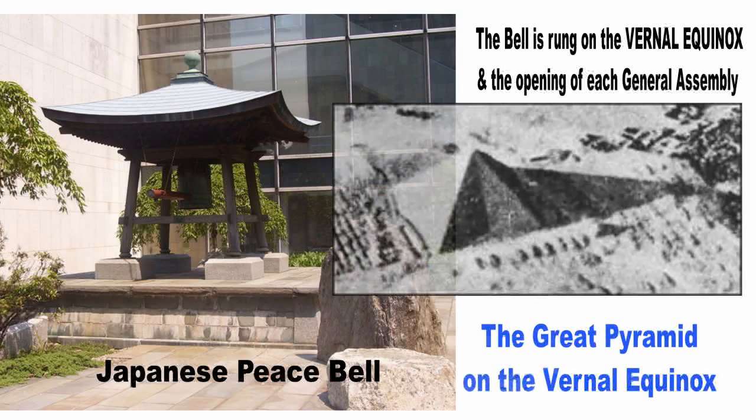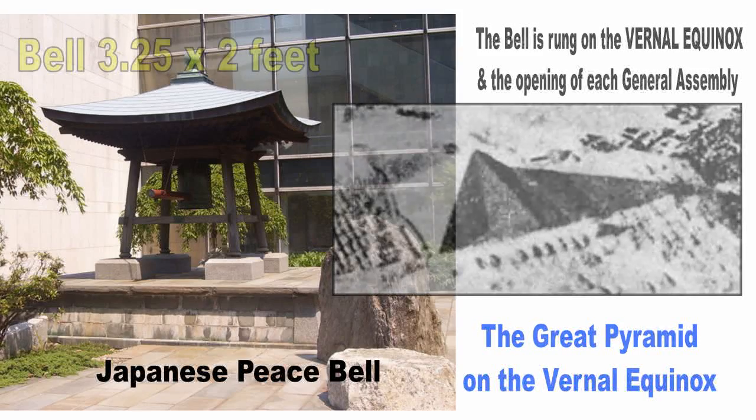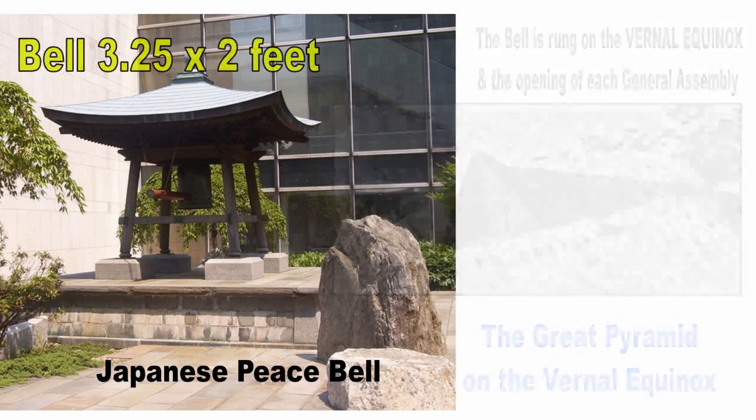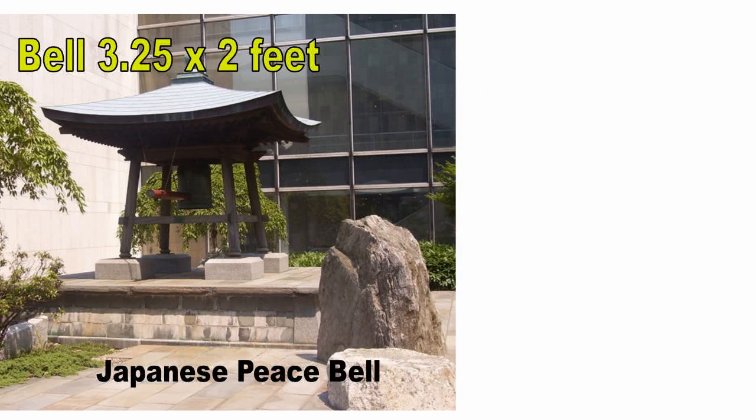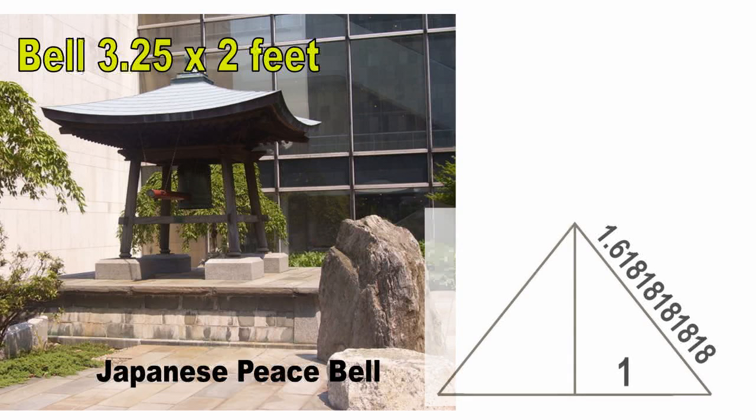And another key feature, again, the Great Pyramid encodes so much of this. It's a textbook for the Hermetic code, and on the vernal equinox, the shadow of the Great Pyramid shows that it's an 8-sided pyramid. It's a masterpiece of engineering, but the bell itself, which will connect to the Great Pyramid, is 3 1/4 by 2 feet. The Great Pyramid is at this phi proportion, so